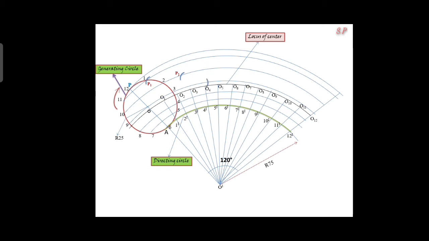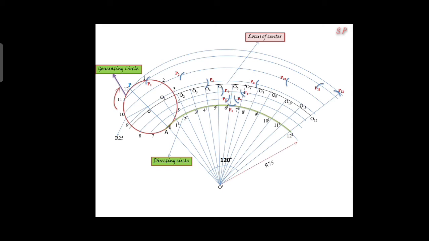Intersecting the arc of the third point locus, you will get P3, and similarly you will locate the remaining points also, P4 and P5 and next P6. Next O7 is the center, you draw the arc on the 7th point locus line, you will get P7, and O8 is the center, you will get P8, and O9 is the center, you draw the arc on the 9th point locus, you will get P9, and O10 is the center, you will get P10, and O11 is the center, you will get P11, and finally you will get the point P12.